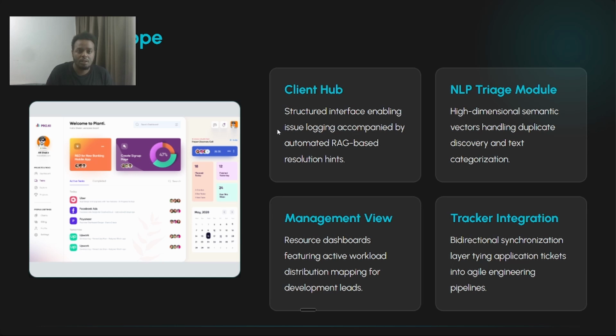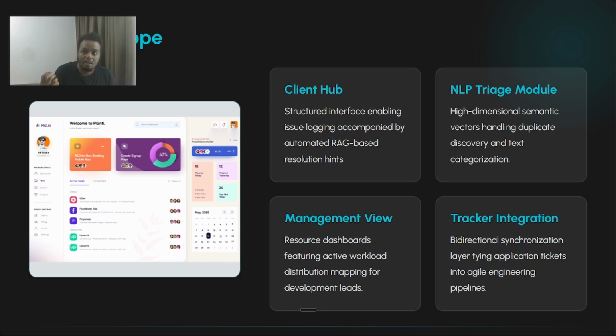The scope of the project will include a client hub where the clients can submit their tickets and explain their issues, and then the AI will try to self-resolve. If it fails to, it will notify a project manager, who can then get AI-assisted help, like identifying whether this issue is a bug or an enhancement. The system will also alert if this is a repeated issue that has been communicated beforehand.